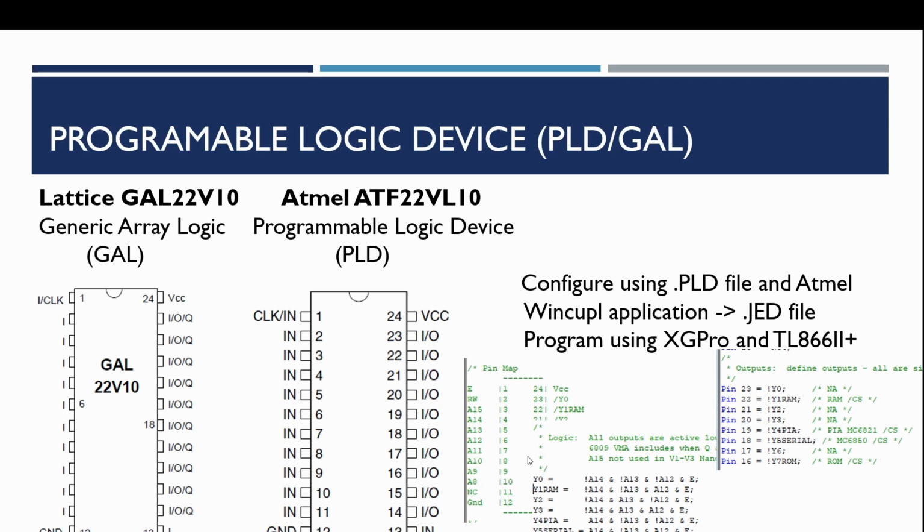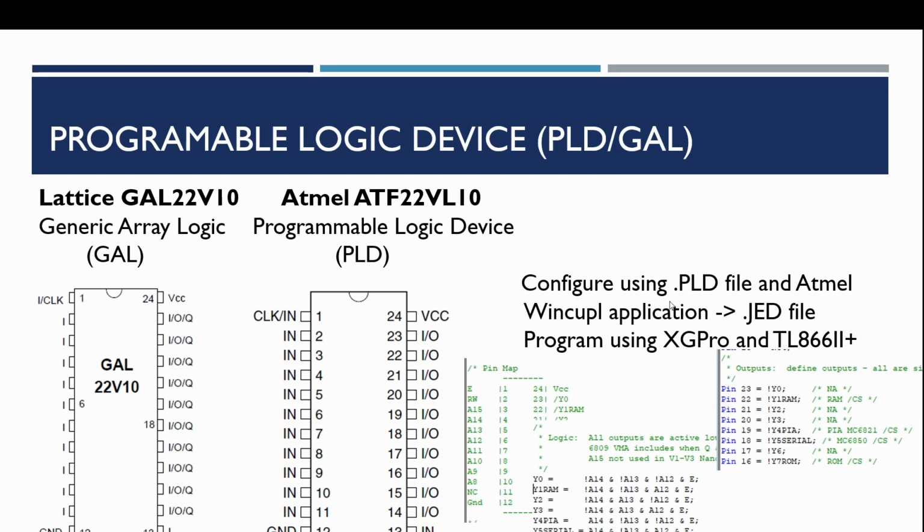Now, the PLD is quite a flexible device. It's got many different types of gates, including flip-flops, so you can build counters, and quite complicated decoders and various other things. I'm not going to go into all that now, just to say that the data sheets of these are quite complicated, and to learn how to program these in all its complexity is probably a whole series of videos on its own. I've just used some of the examples I've found elsewhere on the internet, and I've adapted them to be used for this particular address decoder.